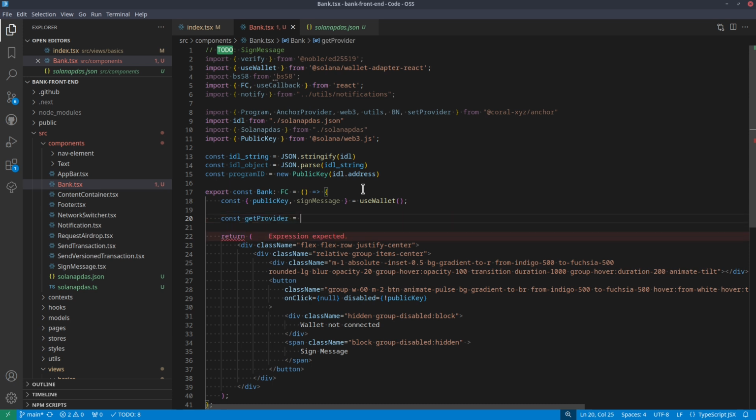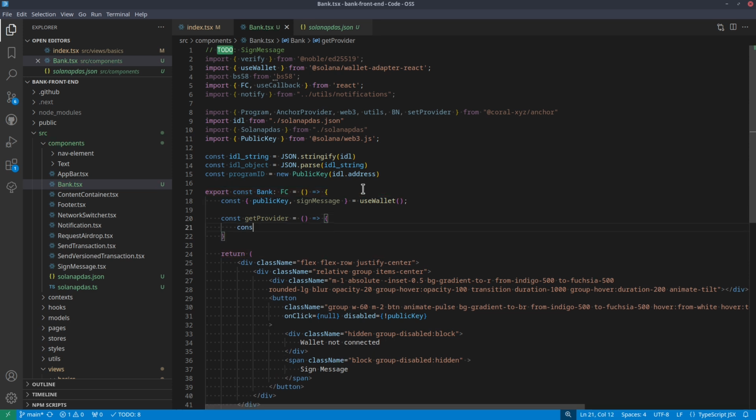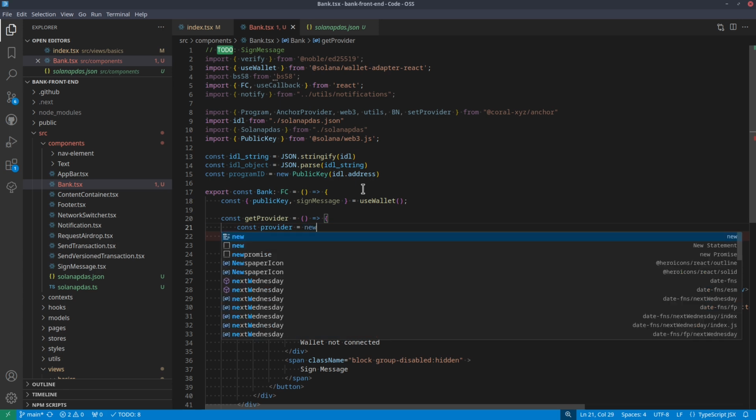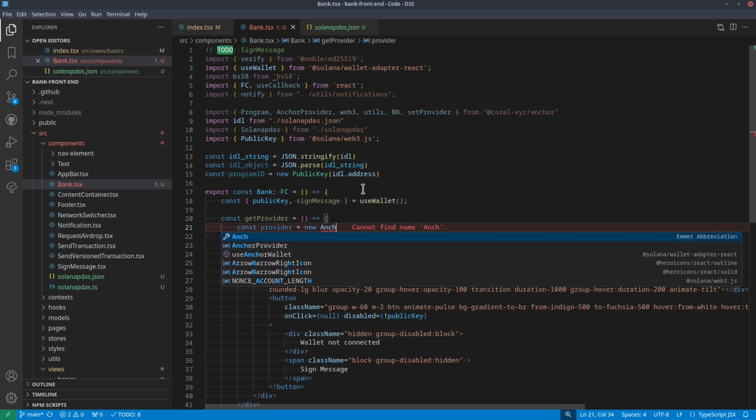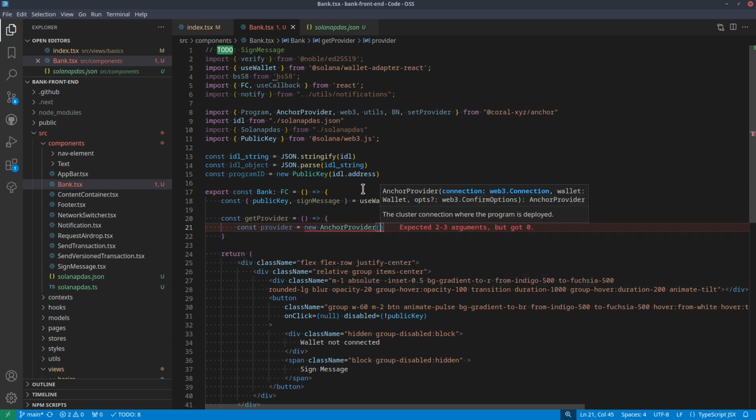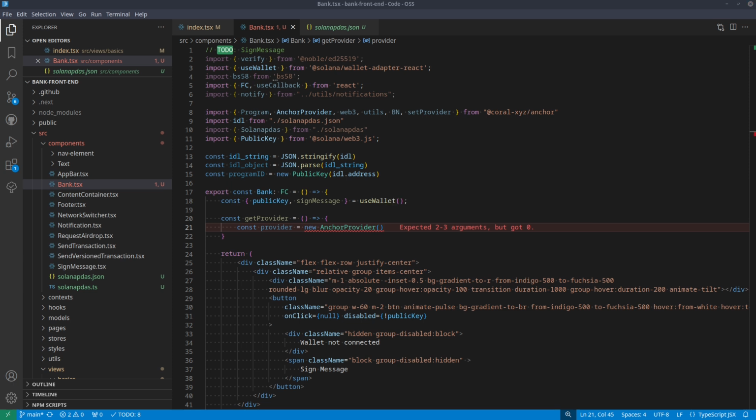So let's do function getProvider, and we will use a new AnchorProvider. And here, as you can see, the first parameter is the connection. So we would like actually to reuse the connection provided by the wallet. So this is something that we can import from the wallet adapter